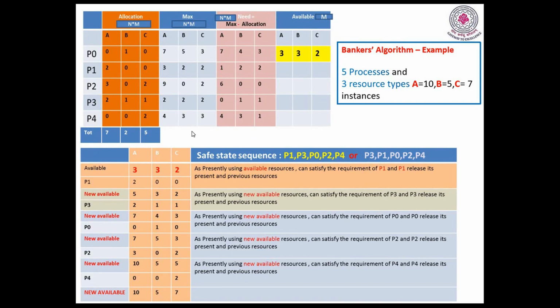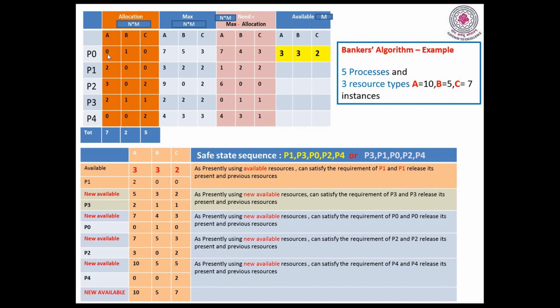So look at this table. This is the already provided input. What inputs are required for the Banker's algorithm? One is the number of resources allocated, the number of maximum resources requested by the process, and the number of resource types available in the banking system. Now I want to calculate in the system how many resources are available freely. So this is only with the help of the allocation.